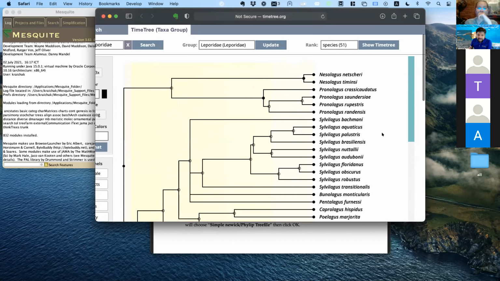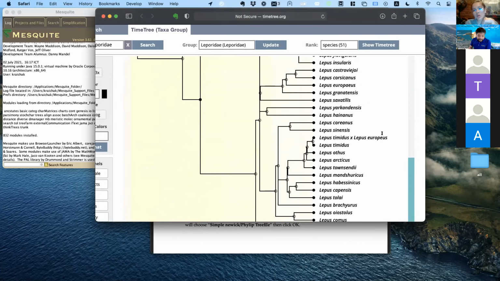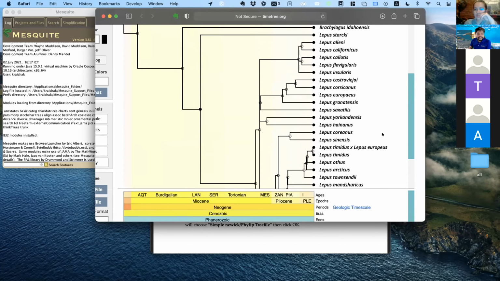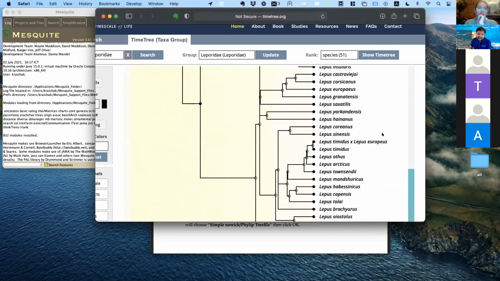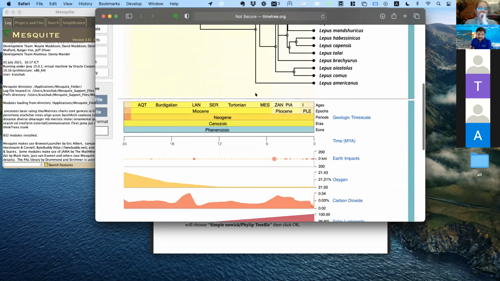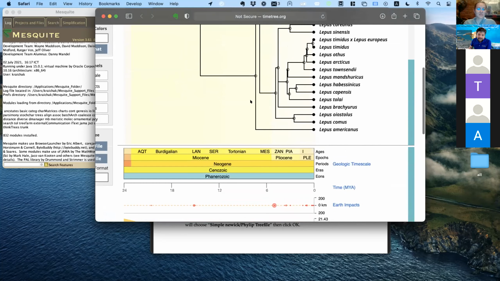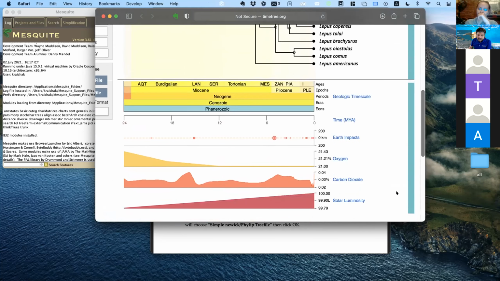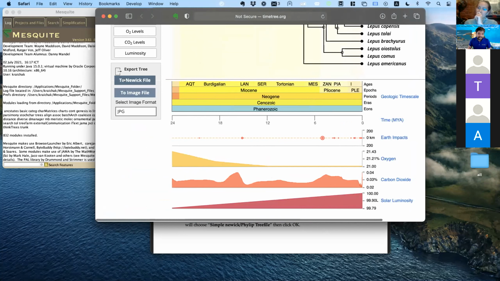All right, so this gives you the phylogeny of all the rabbits. It's probably not everything, but this is what they have in the database. The cool thing is that it calibrates with the actual timeline. You see that the genus Lepus originated sometime between 6 and 12 million years ago. And what happened during that time is the Earth impact here, the oxygen level, carbon dioxide level, global warming and stuff like this. This is super cool too, and you can download the Newick file to use on FigTree or